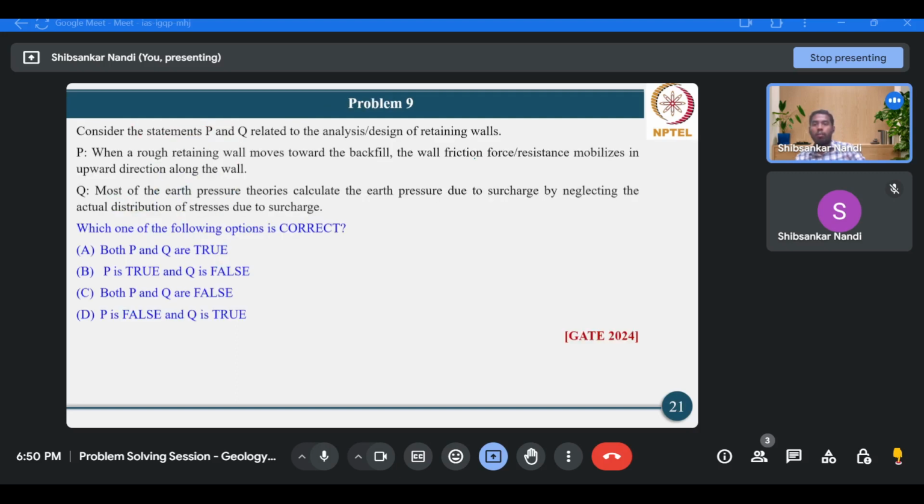Now coming to statement Q: most of the earth pressure theories calculate the earth pressure due to surcharge by neglecting the actual distribution of stresses due to surcharge. Yes, so this is true. Why? Because